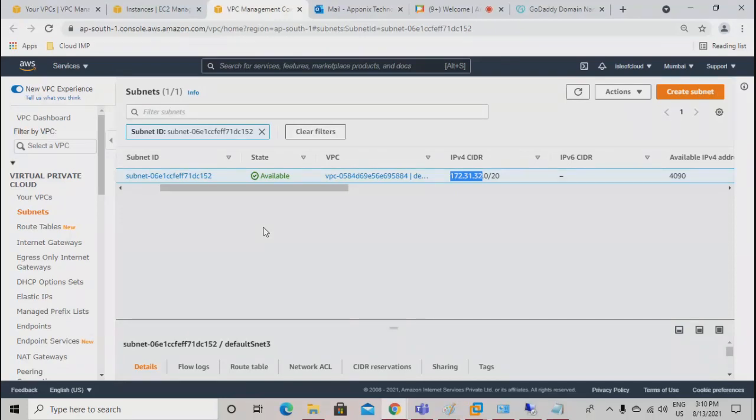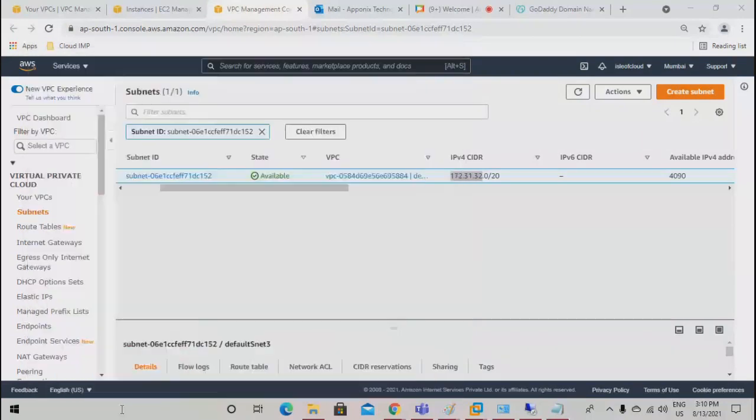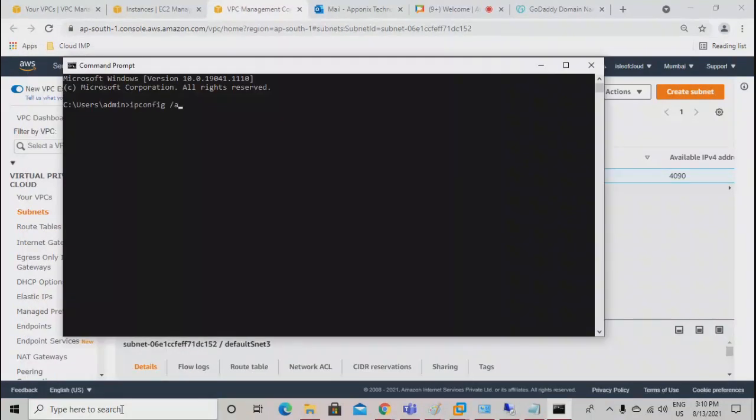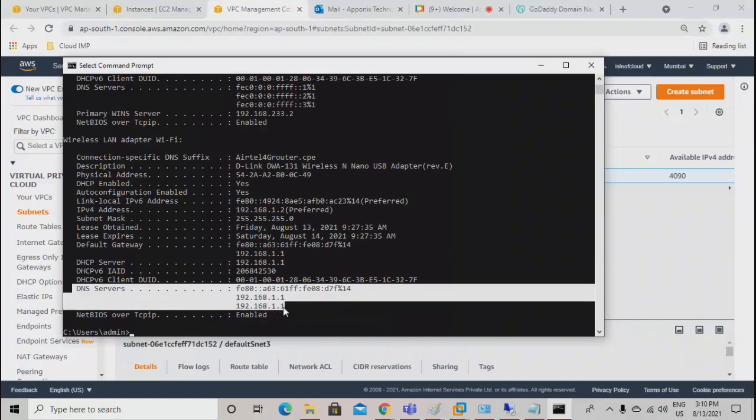So in your system right now, if you run a command, ipconfig /all, you see these entries, DNS server entries. आप अगर ये DNS server के entries निकाल दोगे ना, you will not be able to access internet. Why?